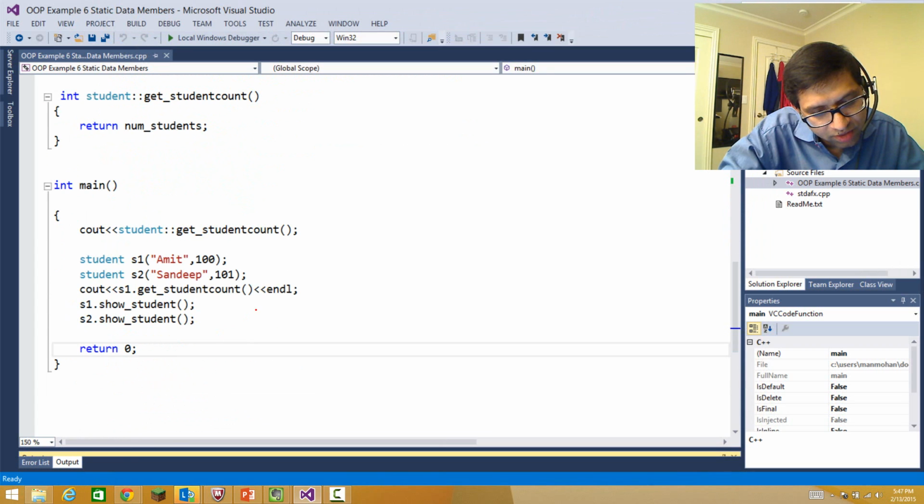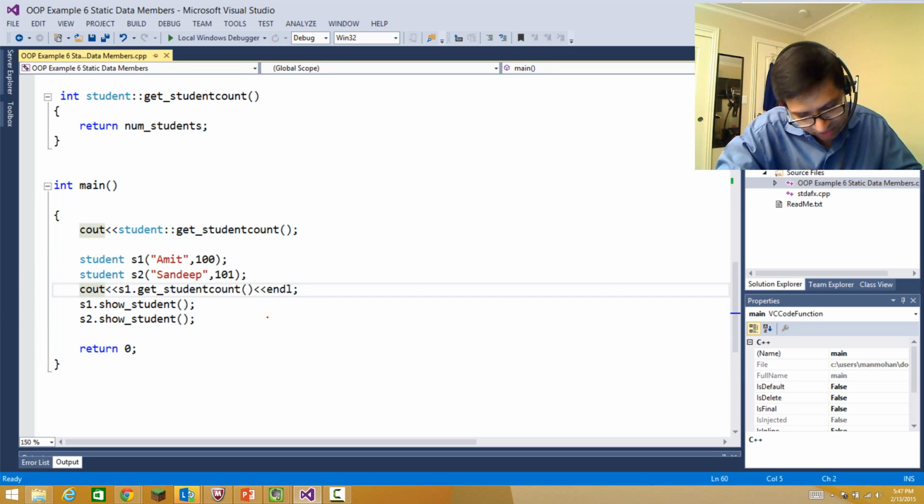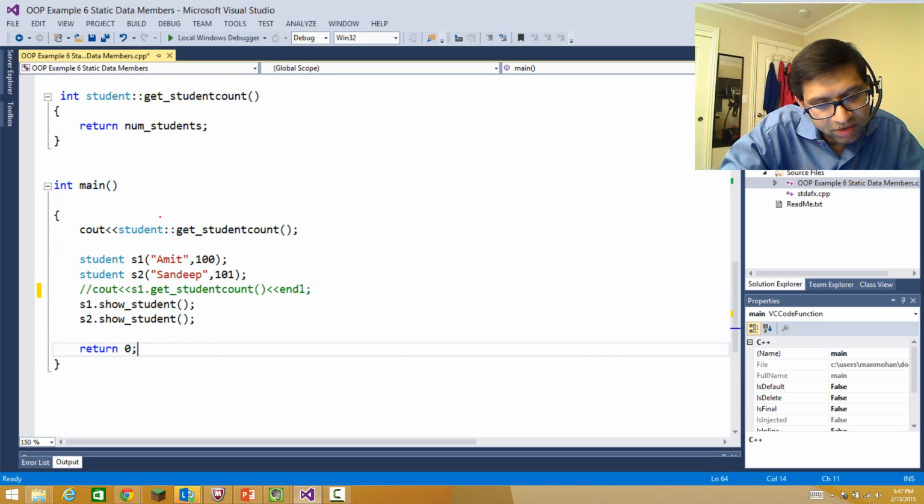So yeah, so in this case you can see how Student dot getStudentCount. Just a minute. So there are two statements to print student. If I run this now,